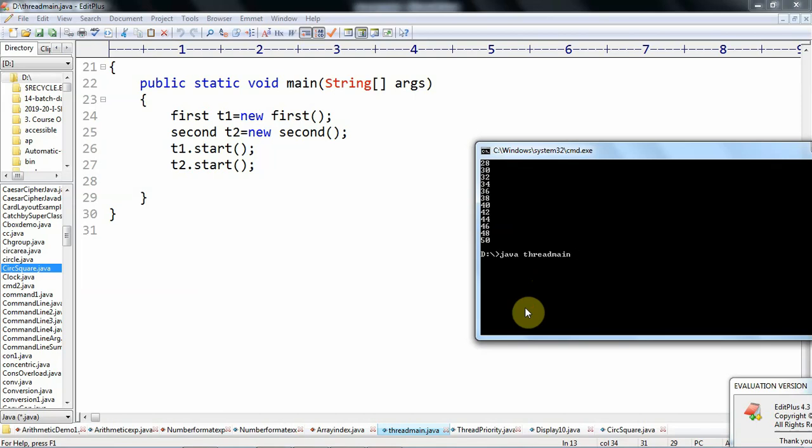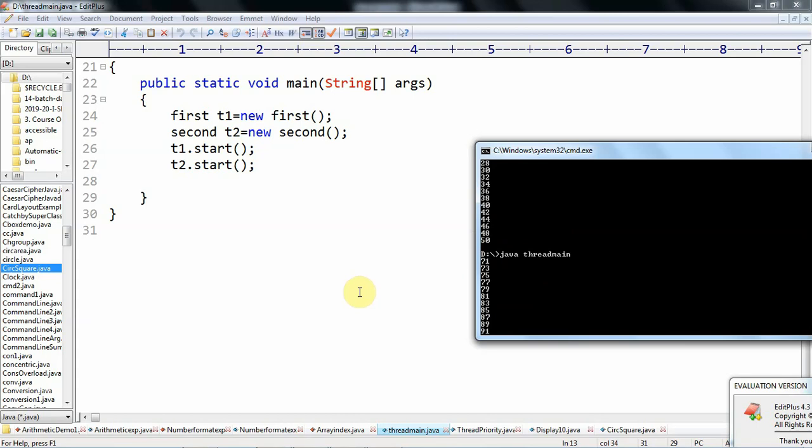In another execution, that may change. So the output may vary in different executions. In this example, the first thread displays its values first, after that the second thread, whereas here the second thread displays its values and then the first thread.